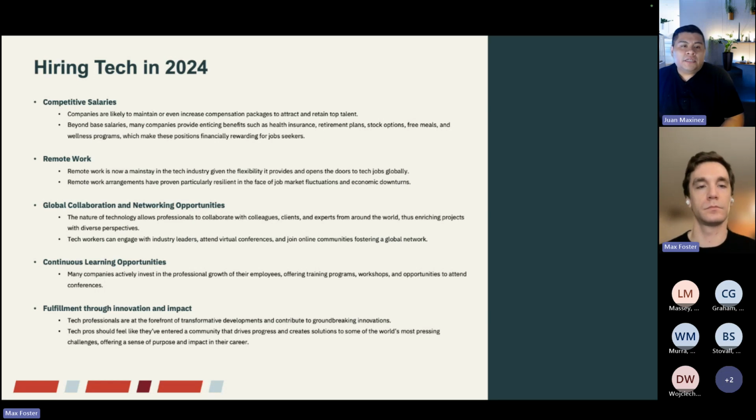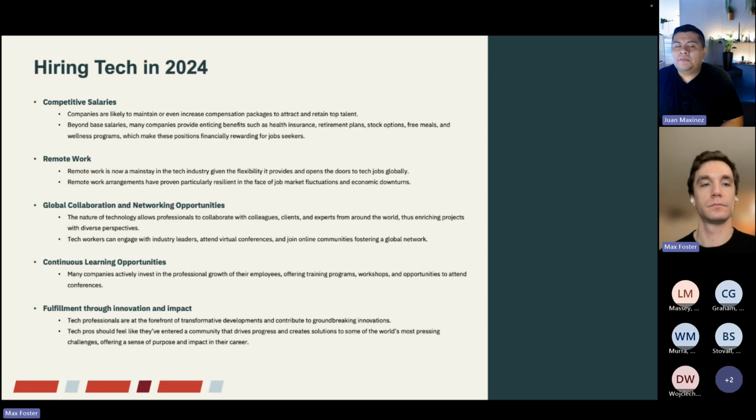So we understand that companies offer, of course, health insurance, retirement plans, but if you are a hybrid model employer, for example, are there any benefits when they come into the office, such as free meals? They may have an on-site gym that's available to them. Those are things that you definitely want to make sure tech professionals have visibility into, whether that's through your job description or your company page and how you brand yourself. That's going to be, of course, very important.